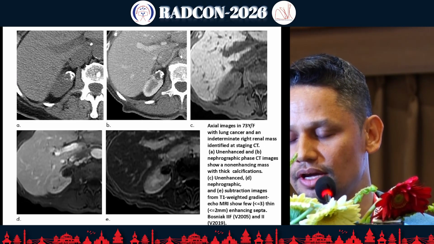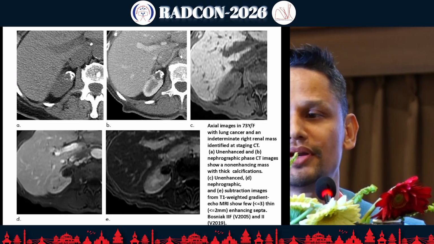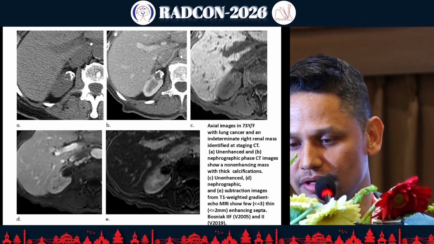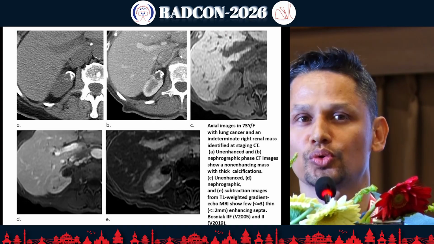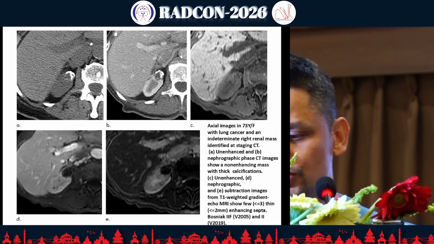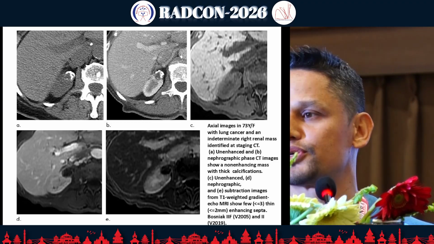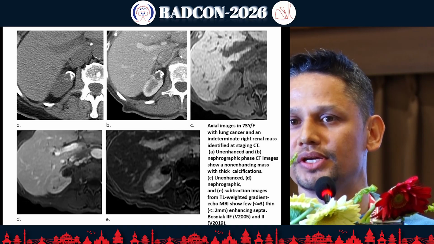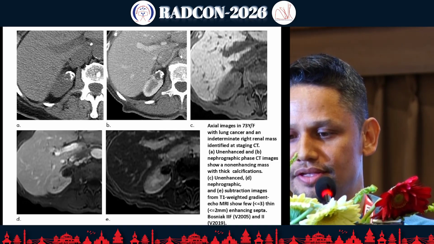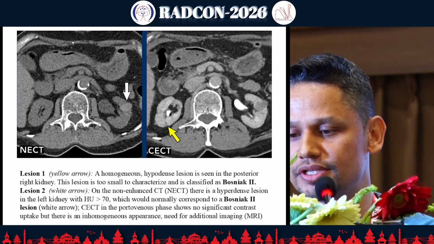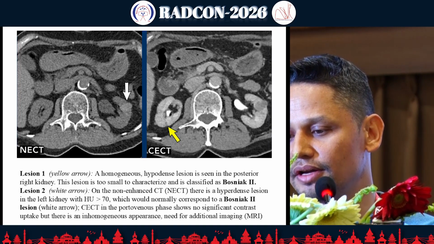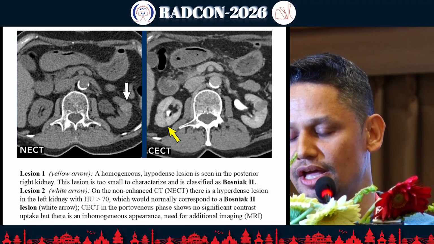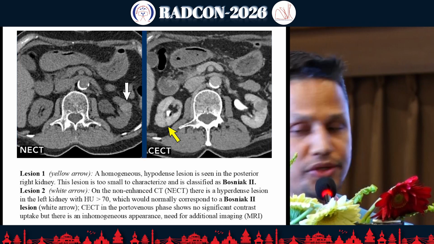So this is the case of a lung cancer with an indeterminate calcified renal mass on the right kidney, and subsequent MRI images show no enhancement at all. In the previous old classification, it would be 2F, but in this new Bosniak, it is only 2. If the lesion is very small and unable to be characterized, then we label it as non-enhancing. So hyperattenuating in CT scan, and homogeneous but not significant enhancement, the same picture showed no enhancement in MRI. So it is Bosniak class 2.